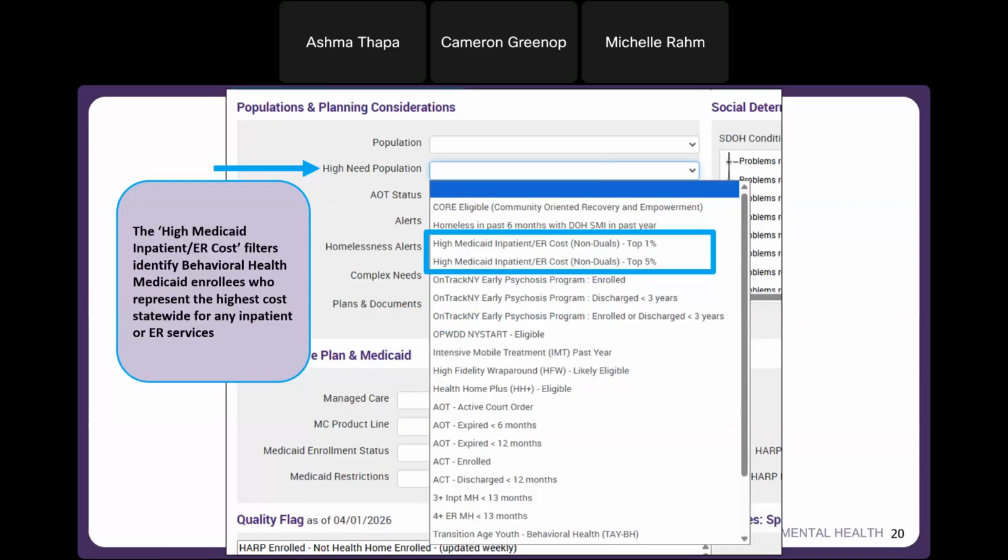And these are linked to the organization under which you log in. So this will bring up clients that you are serving that are identified as highest cost statewide. Now, this filter is updated on a monthly basis, and it includes cost associated with inpatient or ER services for any cause, including medical, psychiatric, or substance use services.